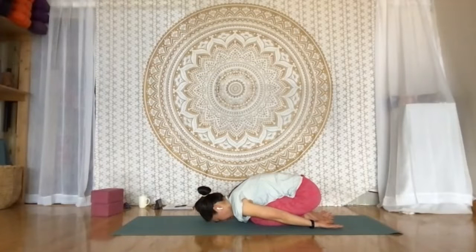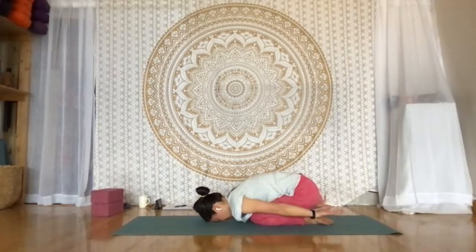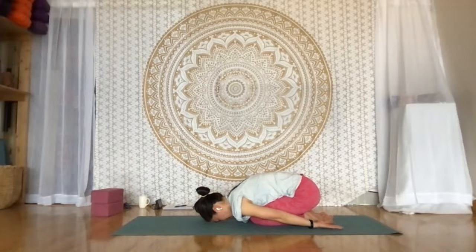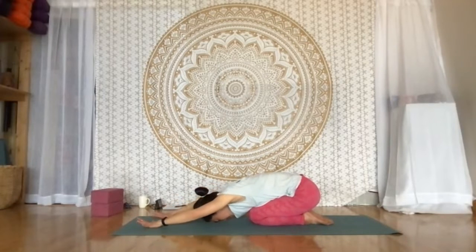And soften your belly and breath here. One more round of breath wherever you are. If your hands are extended behind you, start to glide them forward and then press up into a hands and